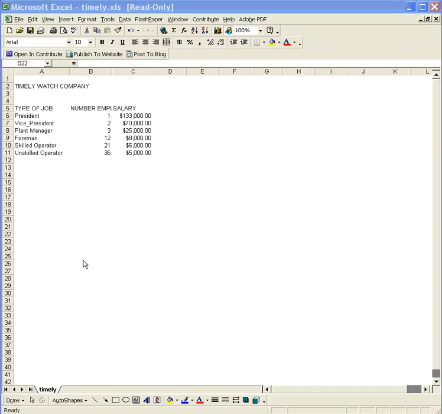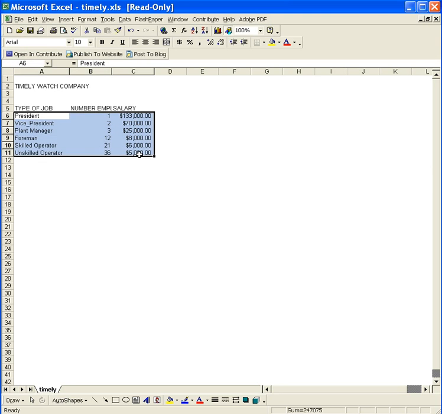Last idea today on the simple lesson that I'm doing is sorting. So let's say we wanted to sort this information. This is a file called Timely that's on your sharing folder. And I wanted to sort them by the amount of money people made, but I wanted to go from smallest amount to the largest amount. Basically what I would do is highlight, like I just did, the section that I want to sort, and then I would go to Data, Sort,